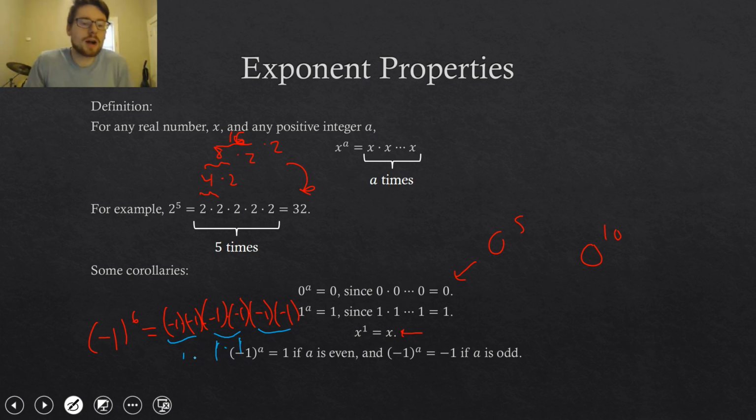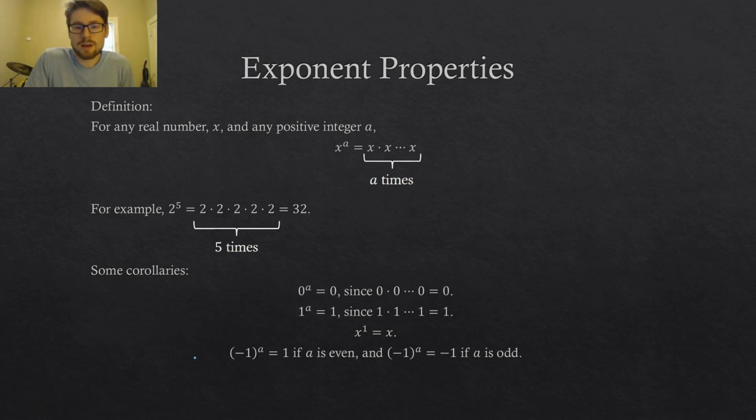And if you had an odd power for negative 1, then you'd get a negative 1 answer, because there'd be 1 negative 1 left over, so you'd always end up multiplying by negative 1. Okay, so those are some basic exponent properties that arise just from this definition, and trying a couple of numbers